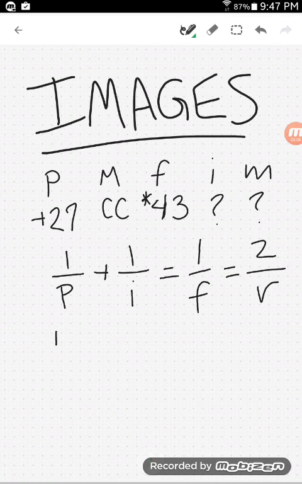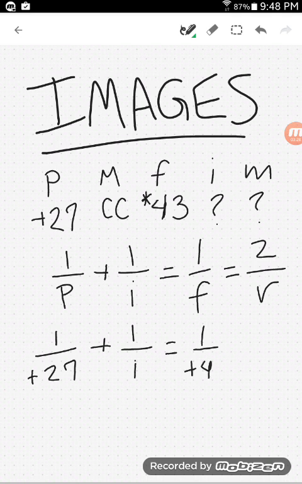So with that information, we can go ahead and put in 1 over 27, that's a positive 27, plus 1 over I equals 1 over positive 43. And with a little algebra magic, we find that I is equal to